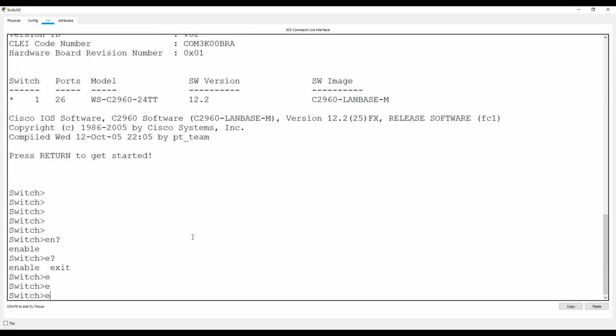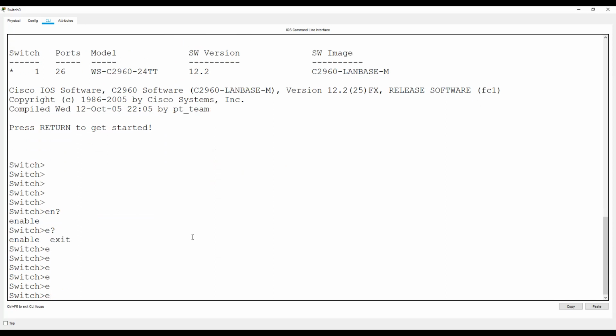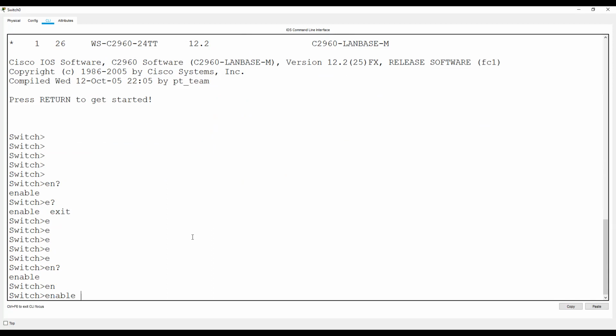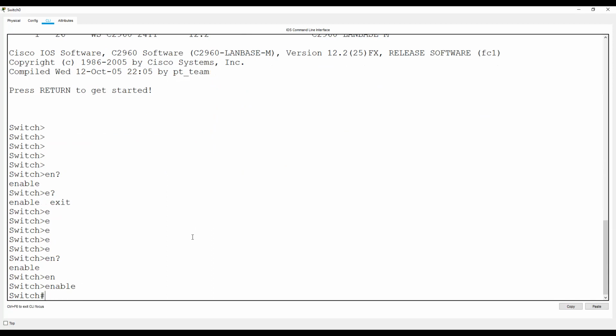Then, if you put the tab key and nothing comes across, it means there are multiple commands starting with the E. If you put N, then the question mark, E, there is only one command that starts with EN. Then you can simply put the tab key to get the complete command. Which means, if you do not know the full command, or you feel the spelling might be different, or you do not know the spelling correctly, you can put the tab key to see the complete command. Or if you want to see the complete command starting from anything, you can just put the question mark.